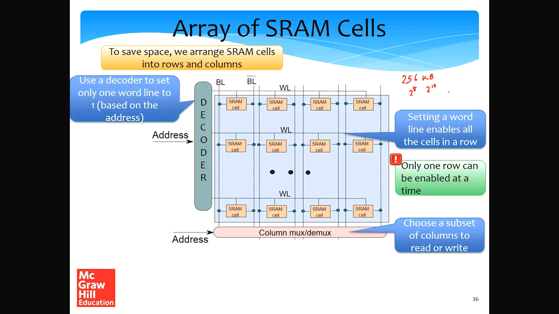So in total there are 2 to the power 18 bytes. The number of bits would be 2 to the power 18 times 8, which is 2 to the power 21. So even if we try to make a nice structure which looks sort of like a square, and we have 2 to the power 11 rows here and 2 to the power 10 columns here, we will still have 2048 rows. Which means that one SRAM array is a very big structure, and to each bit line, which is a thin copper wire, 2048 SRAM cells are connected.